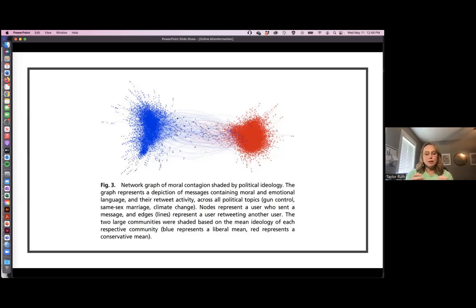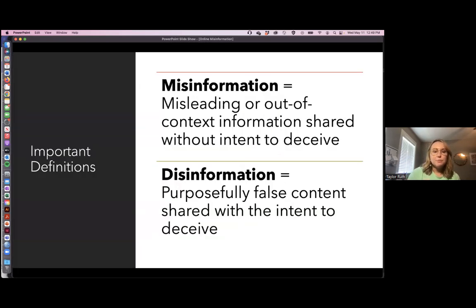So when I'm talking about these kind of echo chambers or filter bubbles, it's not just the public doing it, we're part of that too. And it's something we have to really be cognizant of and considerate of as we move forward with our own communication. So before we start getting into talking about misinformation specifically, I do want to talk about misinformation versus disinformation, because sometimes these are used a little bit interchangeably and they're not quite the same thing.